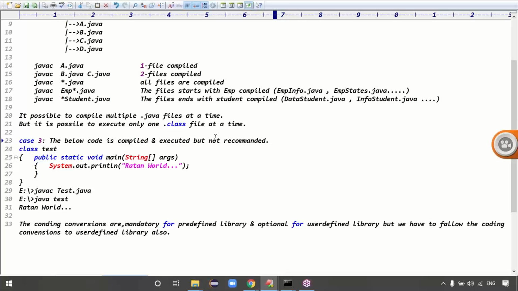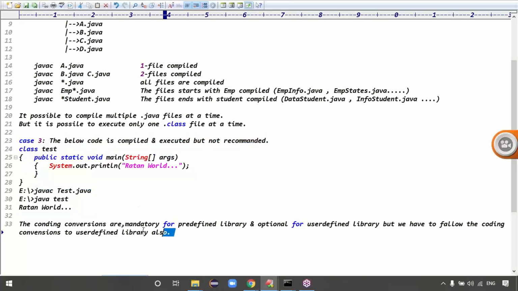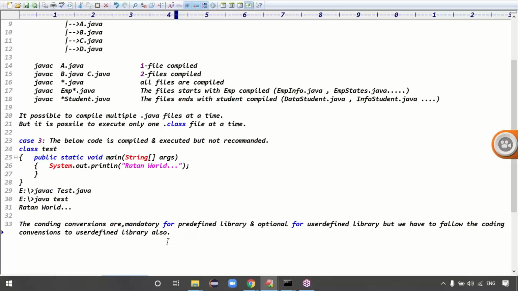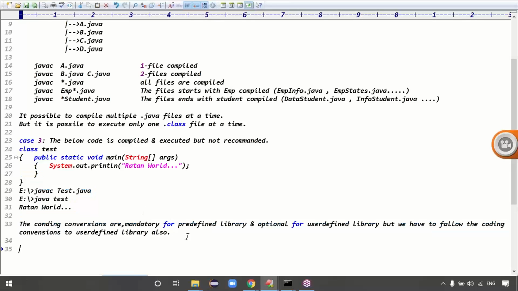Exactly, guys. Are you clear now? The coding conventions are mandatory for the predefined library and optional for the user defined library, but we have to follow the conventions for the user defined library also. That's case 3.